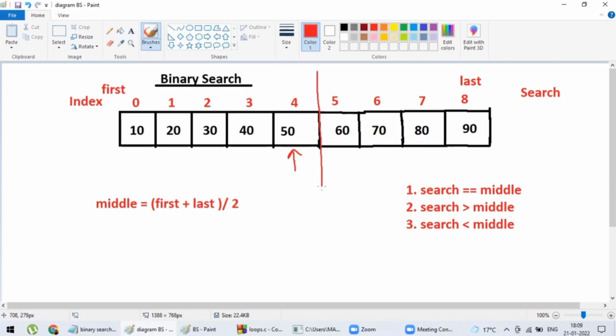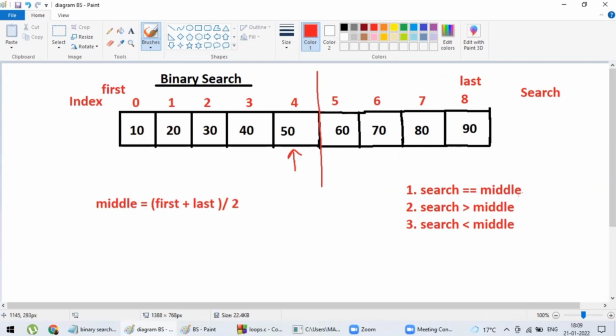We have to search towards the right hand side because our searched element is greater than the middle element. So there is no point to search towards the left hand side. Our new list is now this. So that means we have to update our first variable. That is, now first is not 0, it is now 5, and last is same as 8.